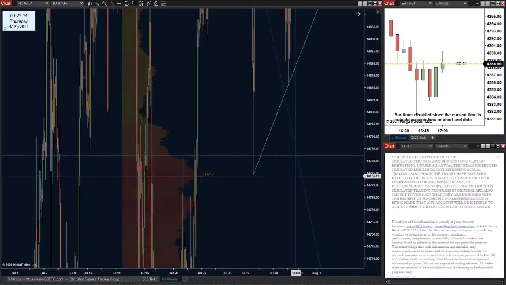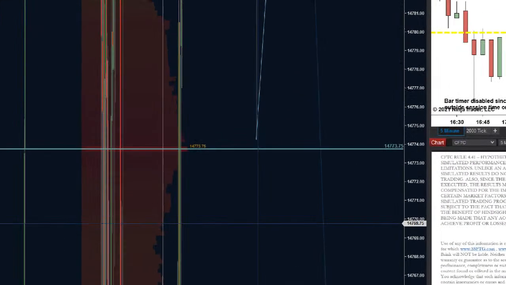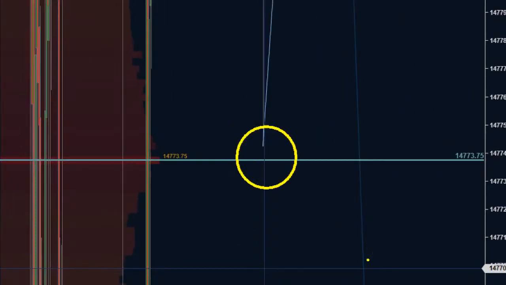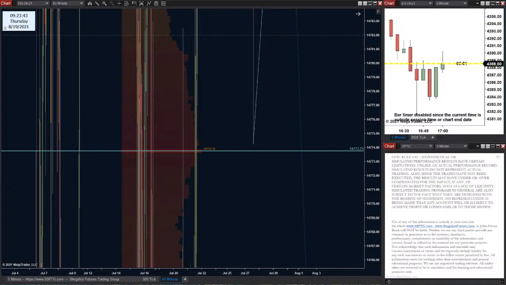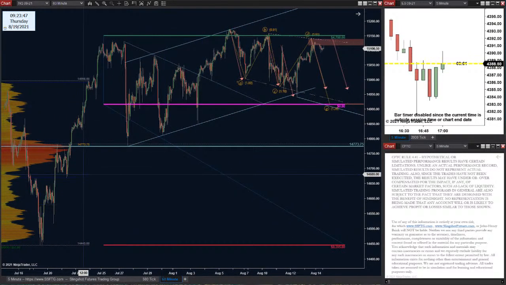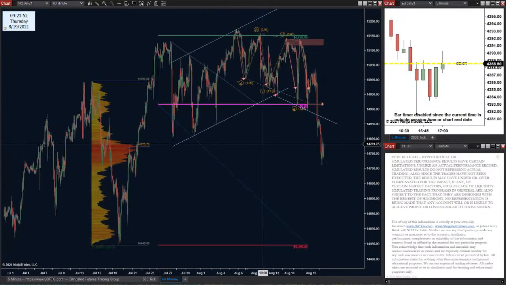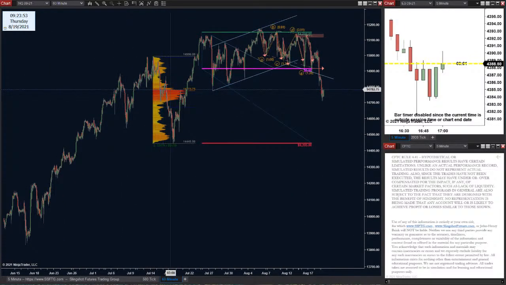No. So that 73.75 was missed. You'll notice right there. So the fact that they never hit 73.75 and turned higher all the way up to this objective, I have to assume that every long that was in this has gotten their objectives, their targets filled. It doesn't make any sense for this POC to be the one that holds.